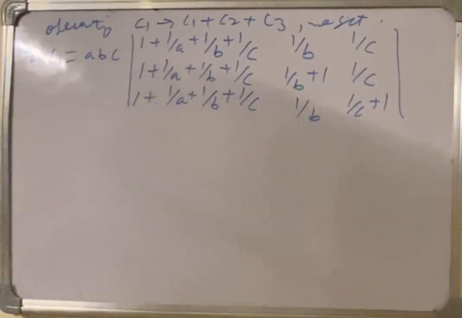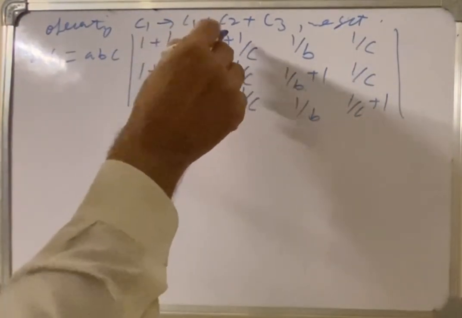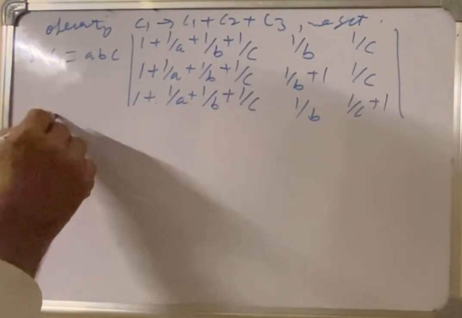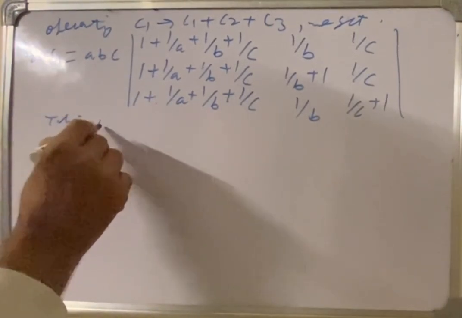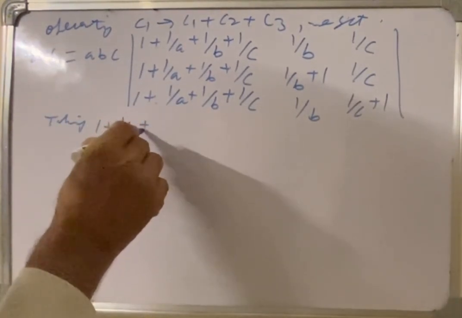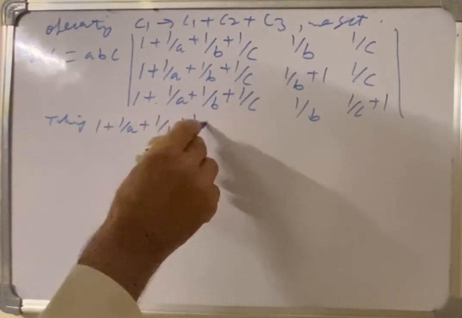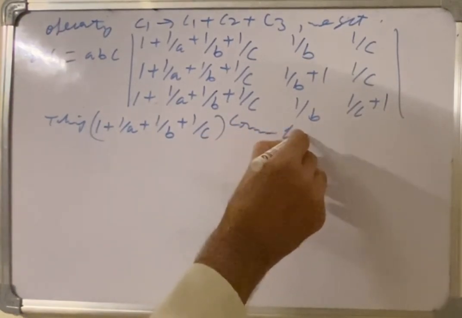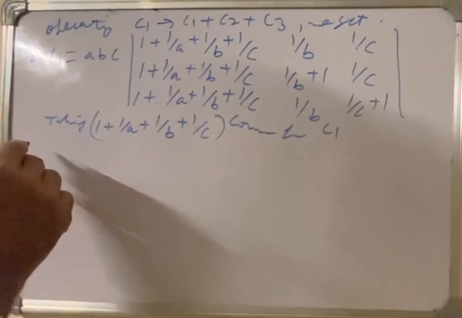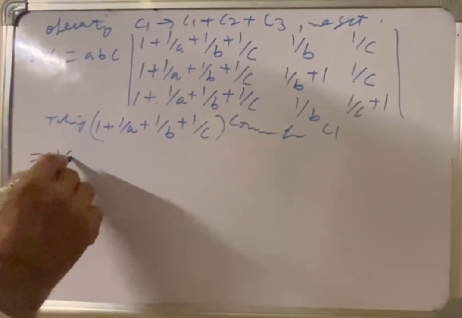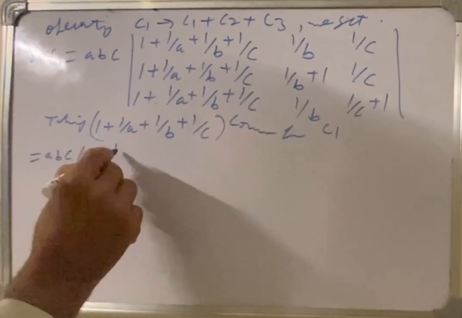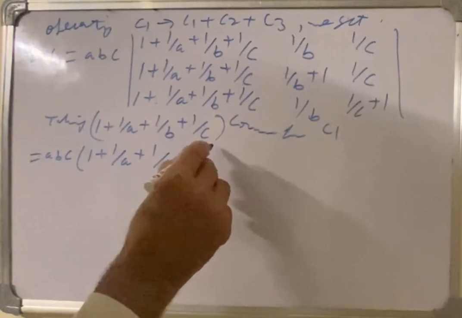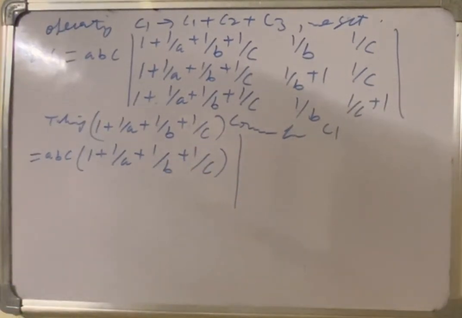Taking 1 plus 1 over A plus 1 over B plus 1 over C common from first column C1, we get A, B, C into 1 plus 1 over A plus 1 over B plus 1 over C into